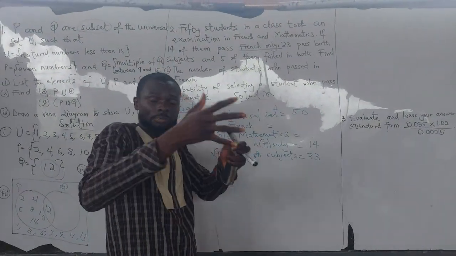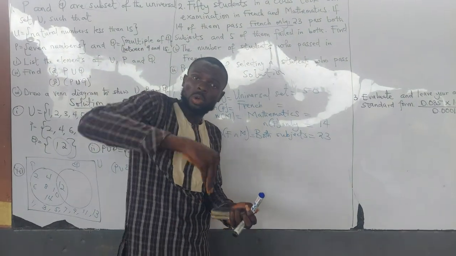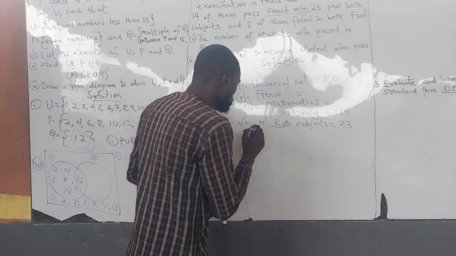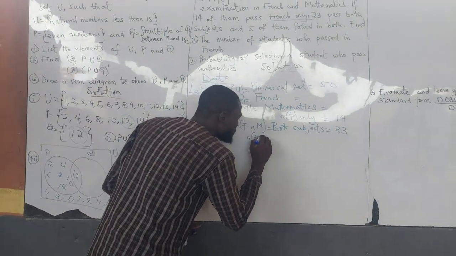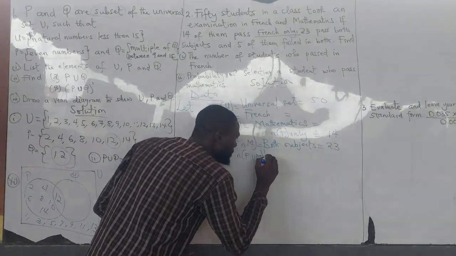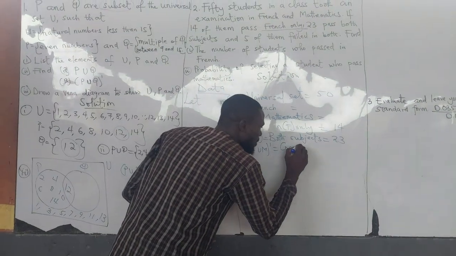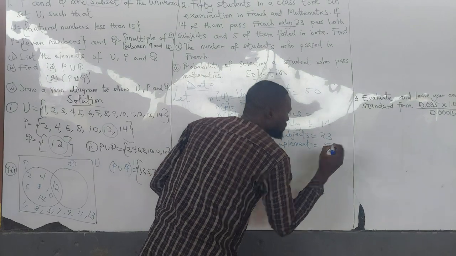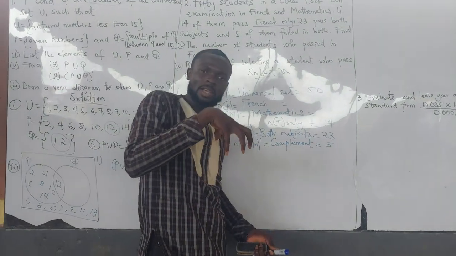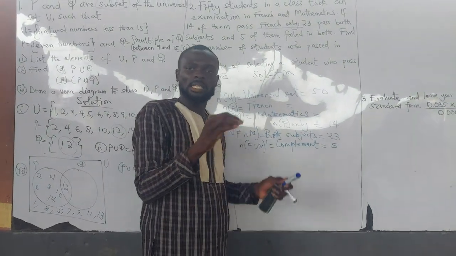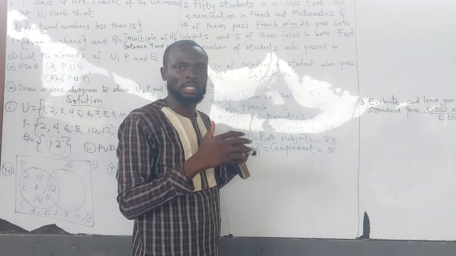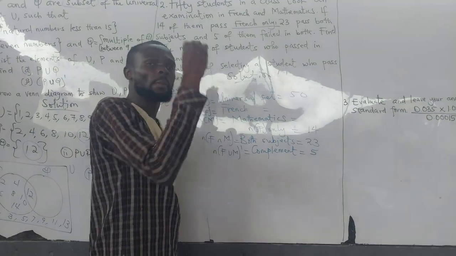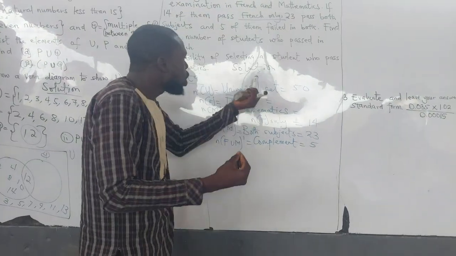So if 5 of them failed, they are in the class though, but they didn't pass French nor pass mathematics. So they are the number f union m prime, and they are referred to as what? Complements. And this is fact. They are part of the universal set, but did not pass any of the 2 subjects. So now with this data, I can illustrate the information on the Venn diagram and know what I've been asked